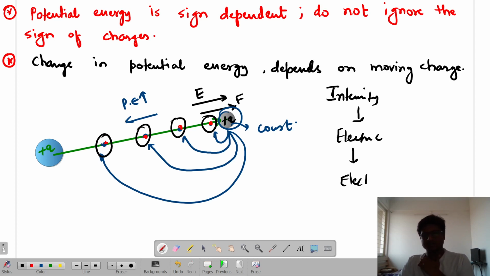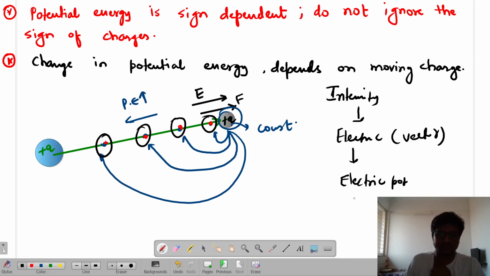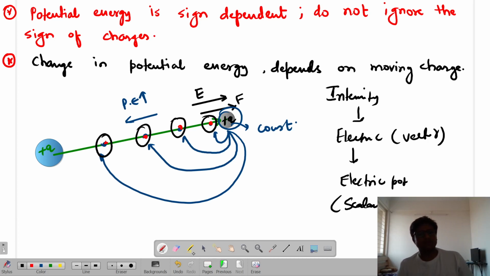The difference between them is very common. Electric field is a vector quantity which handles all the vector equations, and electrostatic potential is a scalar quantity which helps us understand the scalar nature of the charge. Electric potential is totally different from potential energy. We will get to know.